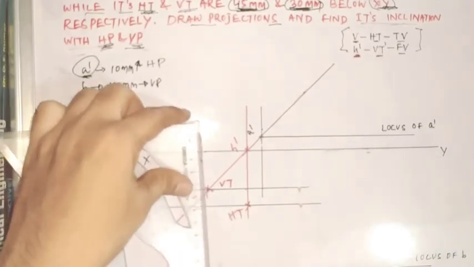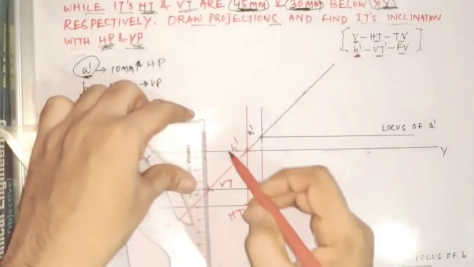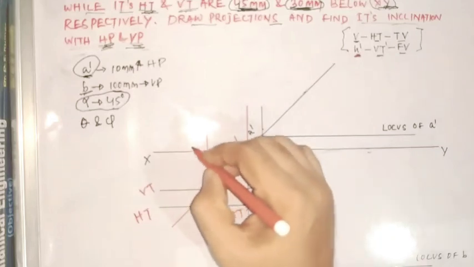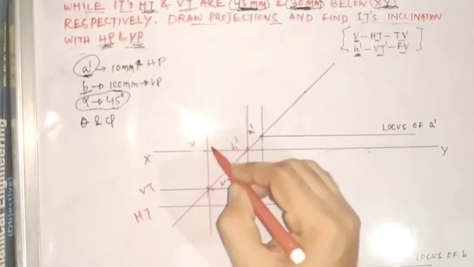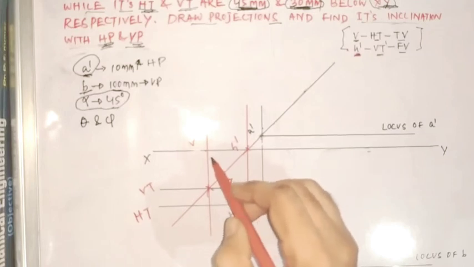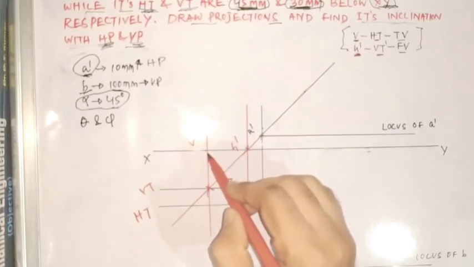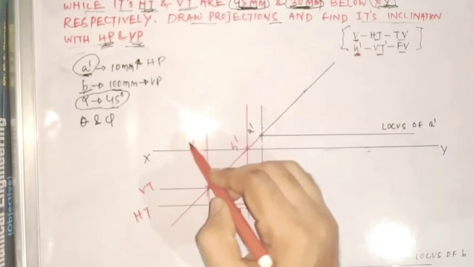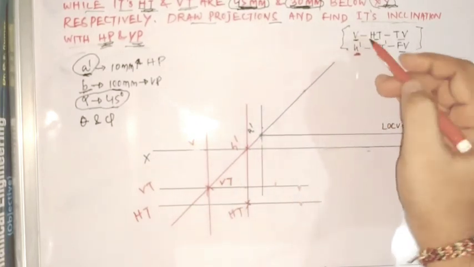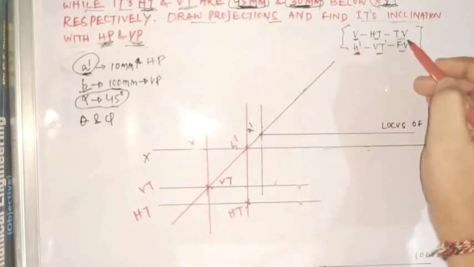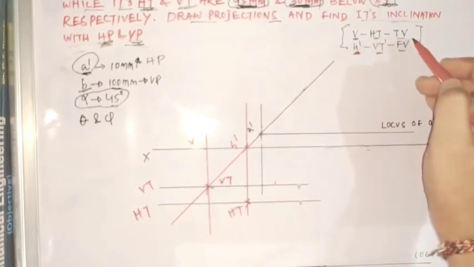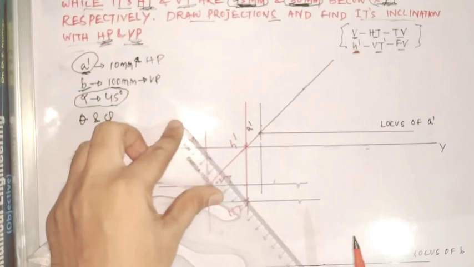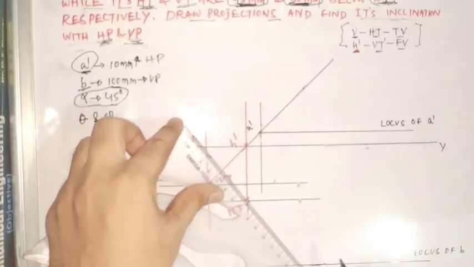So again I can draw a vertical line over here, so that I can get this point, that is B. So this B is the vertical line where it will coincide with your xy line. So this point will be giving me B. So here, as we know that B, horizontal trace and top view will be lying in a same line. So if we extend a line from this, then I'll be getting the top view. So let me extend this.